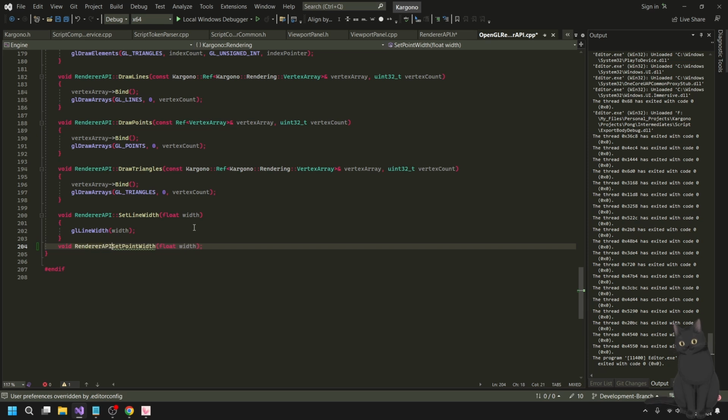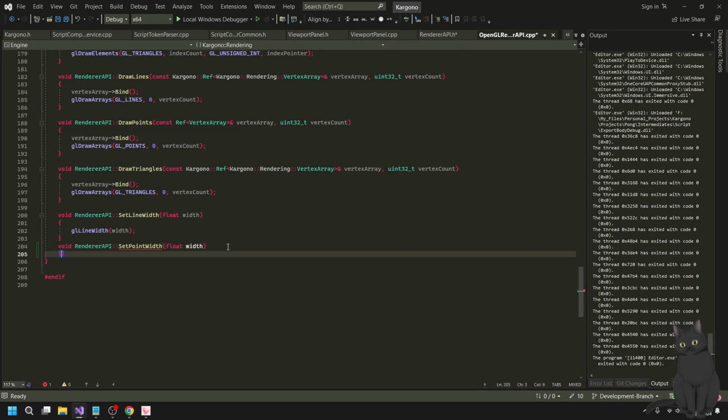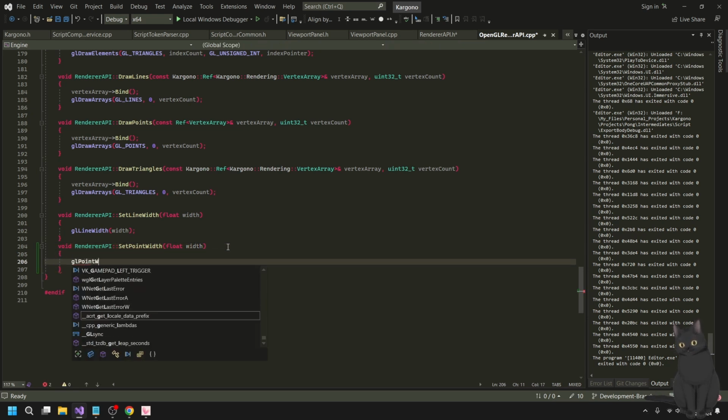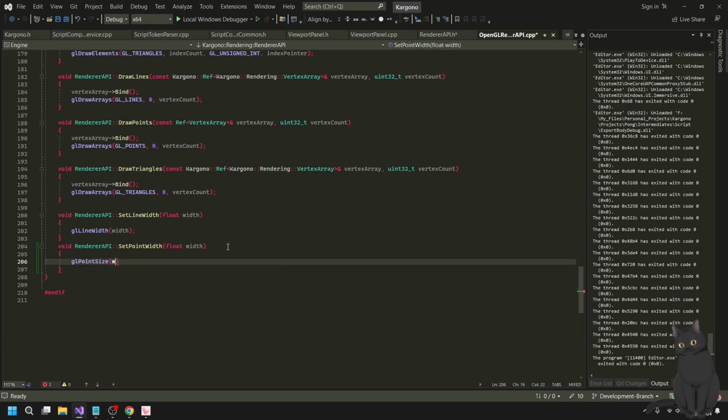Render API. I think it's like GL point width. GL points width. Or GL point size. And then width. I guess I'll change the size. OpenGL is calling it size.